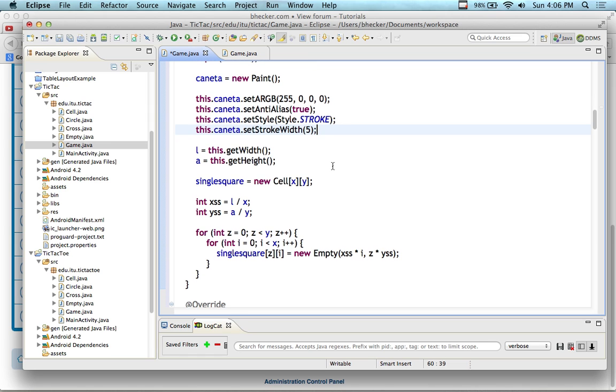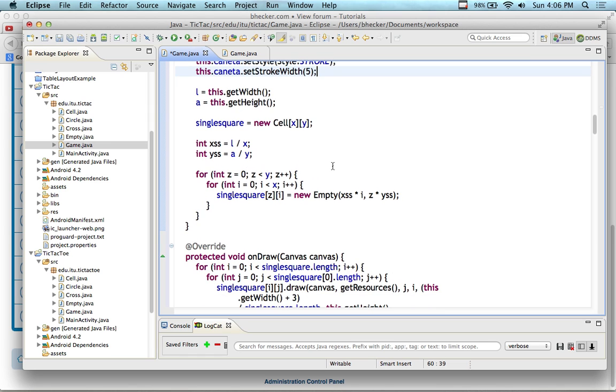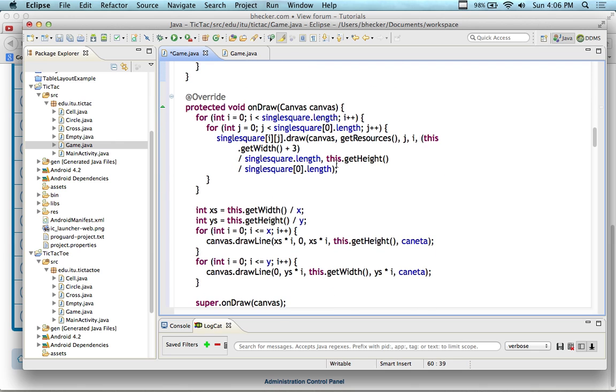So we're getting the height and the width of the game board. We're getting the squares for the cells on the components. So we have 1, 0, 0, 0, 1, 0, 2 for the 3 cells going across the X, and then we have the Y's that we're going to keep track of. We have our generic onDraw, which happens automatically when the view comes into existence, when the onDraw method happens. And it's going to go through this here, and it's going to set the grid to single grid